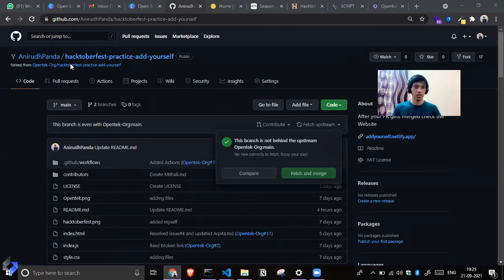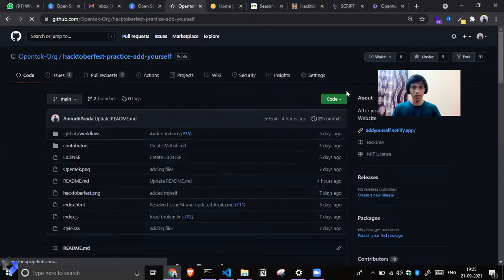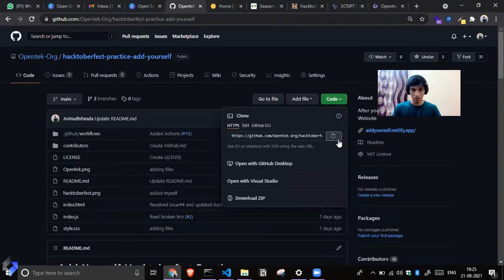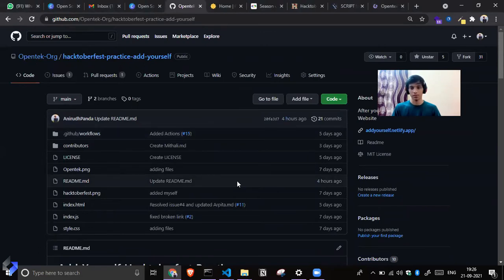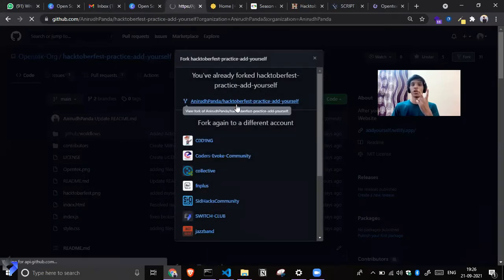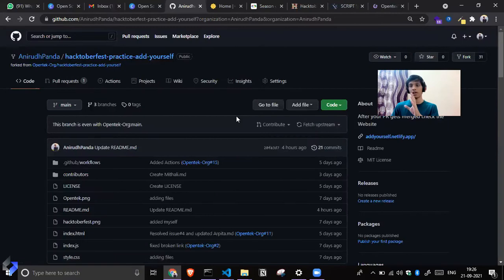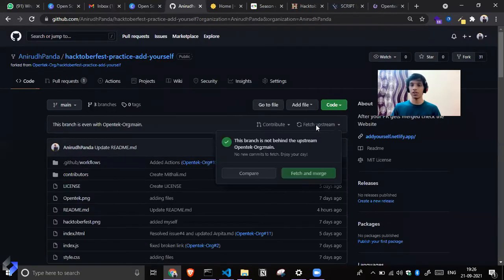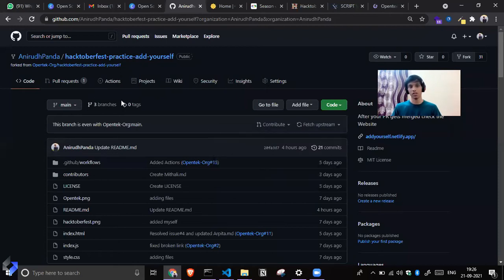If we had not forked it and had just taken it from here, we would not have seen origin, because this is the main repository. Because we have forked it, we have two remotes now, one the original and one ours. Git does it automatically: by Git's naming convention, the original one we call upstream, and ours we call origin.